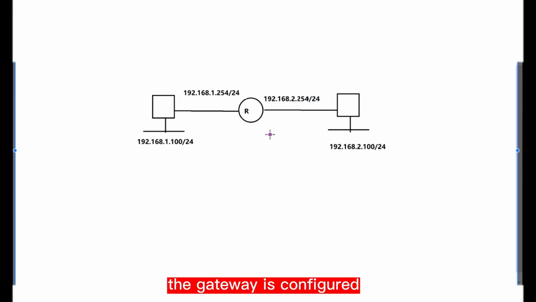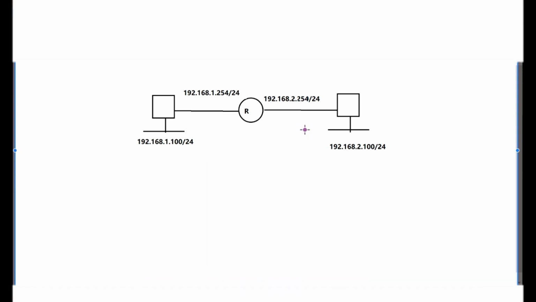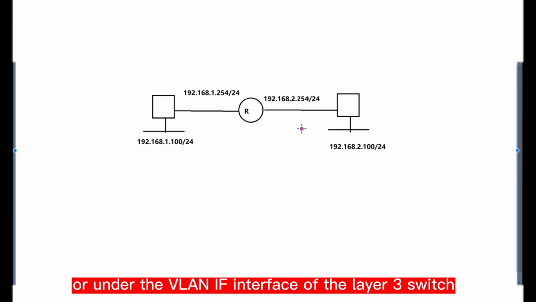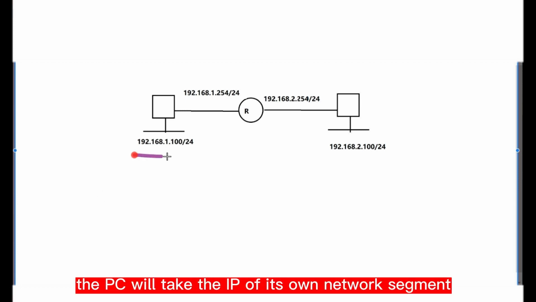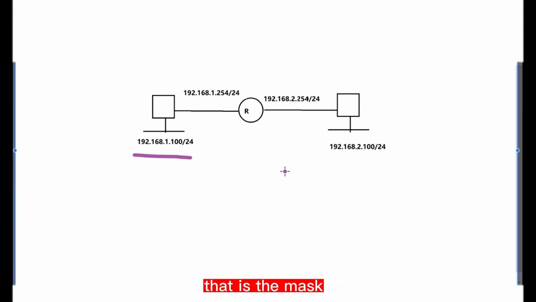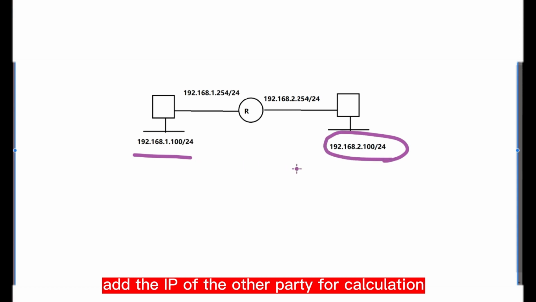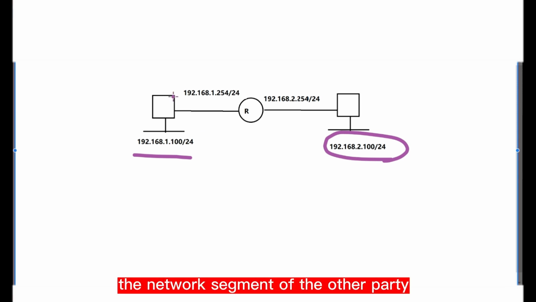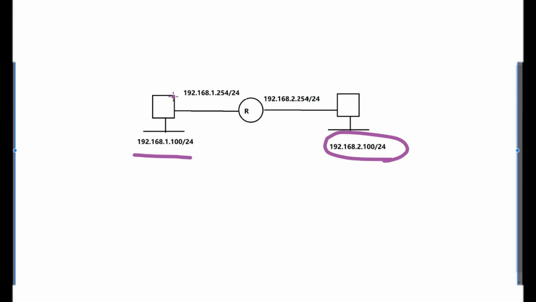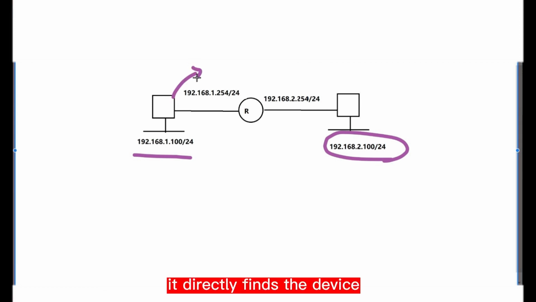The gateway is configured under the interface of the router, or under the VLAN interface of the layer 3 switch. It is also configurable when communicating later. The PC will take the IP of its own network segment, that is, the mask, and add the IP of the other party for calculation. If it is calculated that the network segment of the other party is in the same network segment as yourself, it directly finds the device on the